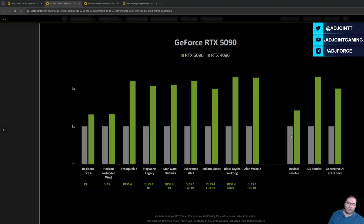For us, people who edit videos, we see around a 30-40% increase in speed, which is very good. I don't know if one of you uses D5 Render or generative AI like FluxDev, but we also see very increased numbers. For the 5080,